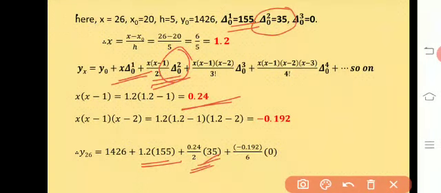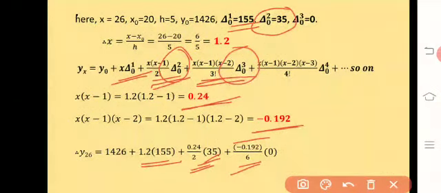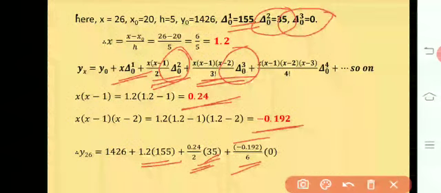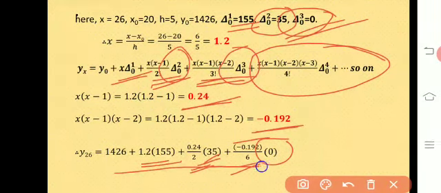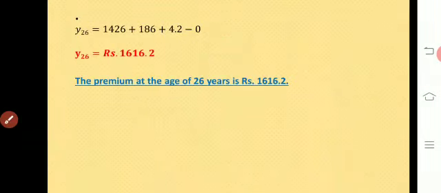So into 35, plus x into (x minus 1) into (x minus 2), this is minus 0.192 upon 3 factorial. So 3 factorial is 3 into 2 into 1, that is 6, into delta 0 raised to 3, and delta 0 raised to 3 is 0. So into 0. This term we are not going to consider because we have only up to the third leading difference. Now if we simplify this further, then you will get y26 is equal to